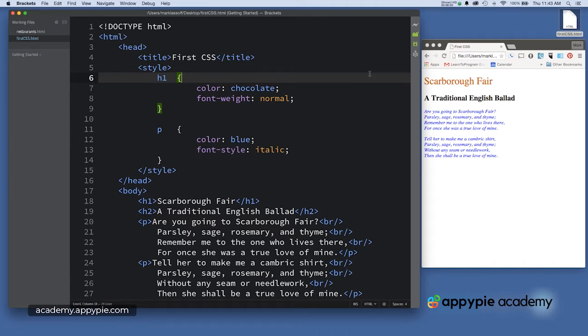To demonstrate adjusting the font face and the font size, I'm going to continue using the document I developed in